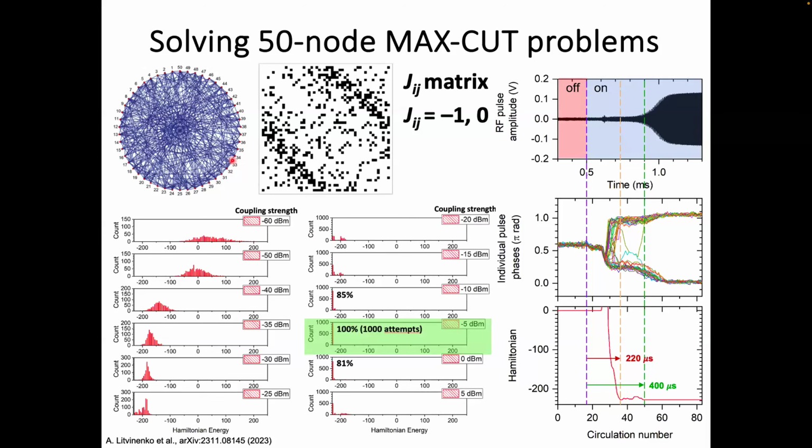Here we are doing that though. Here you can see that in about 20% of the cases we have the lowest energy. And here it's 50, and here's 85, and here's 100% out of 1,000 attempts. And then we're starting to couple too strongly. So here it's 81, and here it's 50 again. So here we are entering into local minima. And here the system is at too high temperature, so it's not stable. So you would like to operate either here if you are happy with this annealing scheme, or you would move around this point if you're not happy with it and would like to have additional shaking of the system.